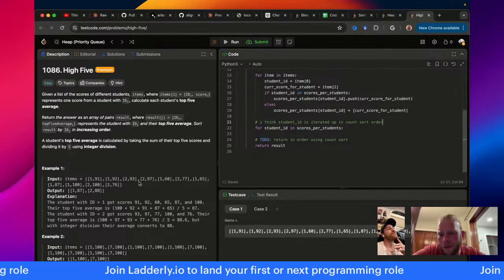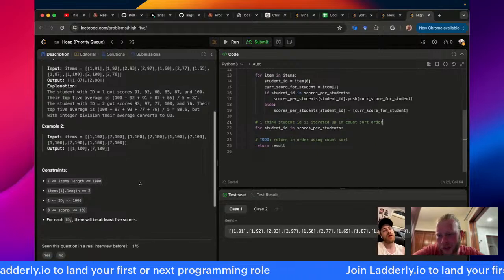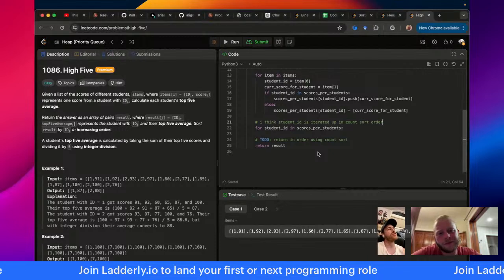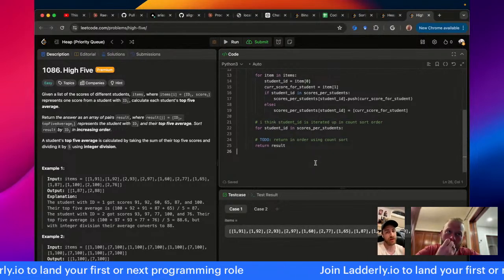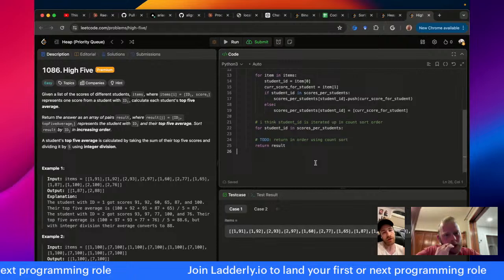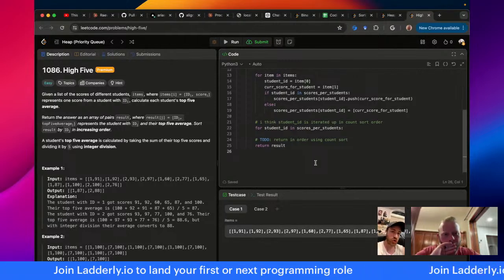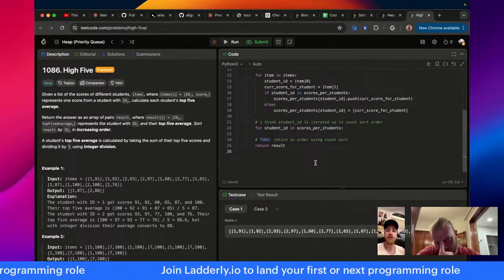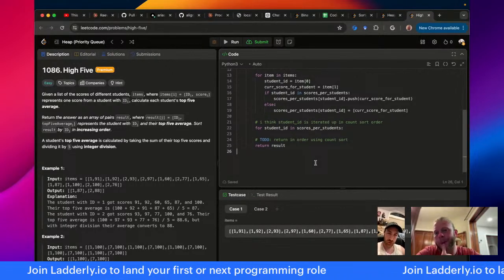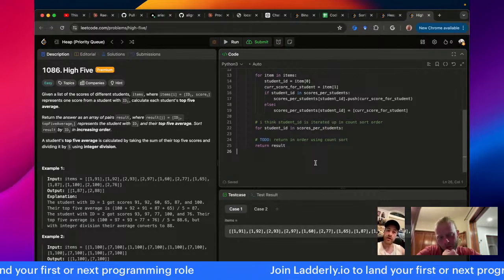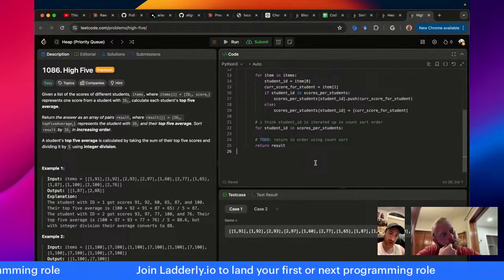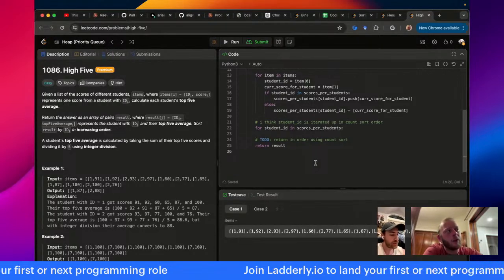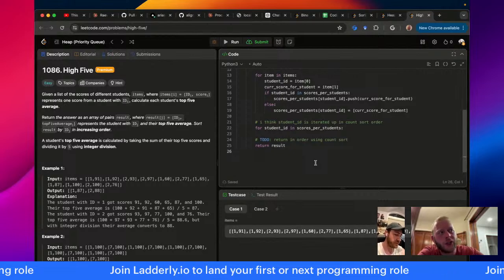All right. What do you think, man? I think we've fairly well convinced ourselves that we have to do log n one way or the other. The only thing I think is you also don't need to calculate the average at the end if you're guaranteed 5 scores. You could divide by 5 for each value that you're pushing. You could have a dictionary where the value is an integer or a float, and instead of pushing and having a list, you could just add your value divided by 5. Then you end up with your average test score. And that would make our 2-pass solution into a 1-pass solution.